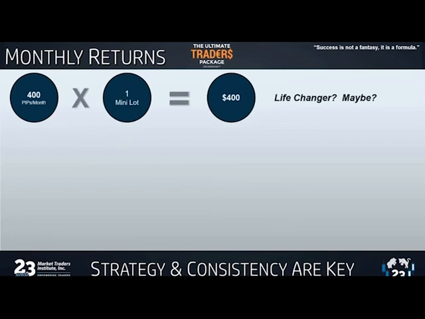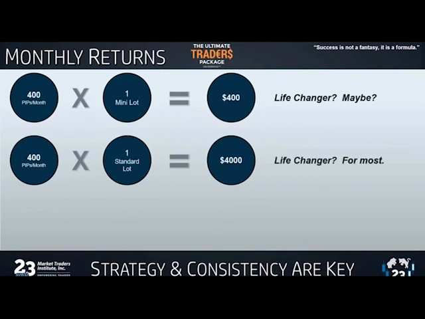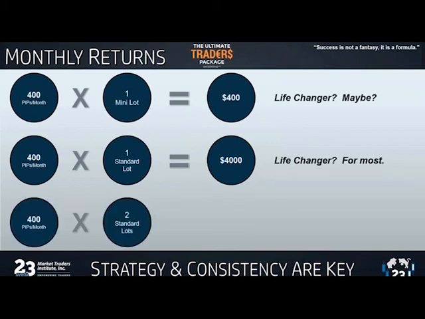But let's just say all you do is you do the exact same thing, but now instead of trading a mini lot, you trade a standard lot. Does everybody remember on a standard lot, each pip is worth $10, okay? So you generate 20 pips a day, 400 pips a month times $10. Now you're generating an extra $4,000 a month, okay? Now, is that a life changer for you? I know for a lot of people, that's already getting there. But does it take any more energy to hit the one button on your computer than it does the two? And the answer is no.